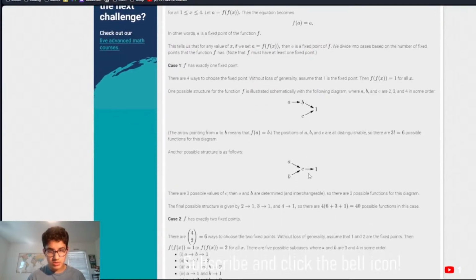There are four ways to choose the fixed point. So okay, f of x can it be 1, 2, 3, or 4? So they picked one and they said there are four ways. Then the one possible structure is,